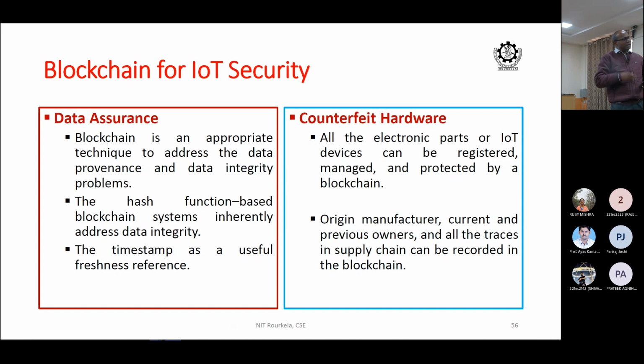By generating, yes, to launch an attack into the network. So this is a very serious issue. The blockchain says that every manufacturer is registered in the blockchain, and whatever device you produce, you generate one identity.